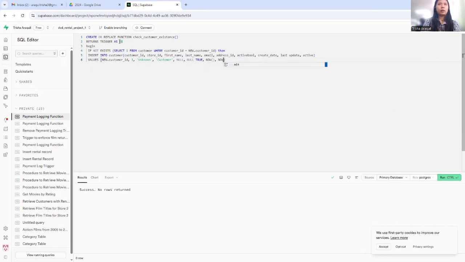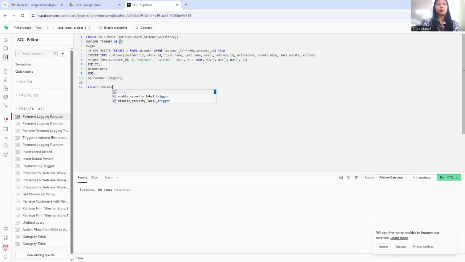Then we have to put now, the same 2 now, and then 1. Semicolon. Then we have to put end if; then also return new; then end; dollar quoting language plpgsql;